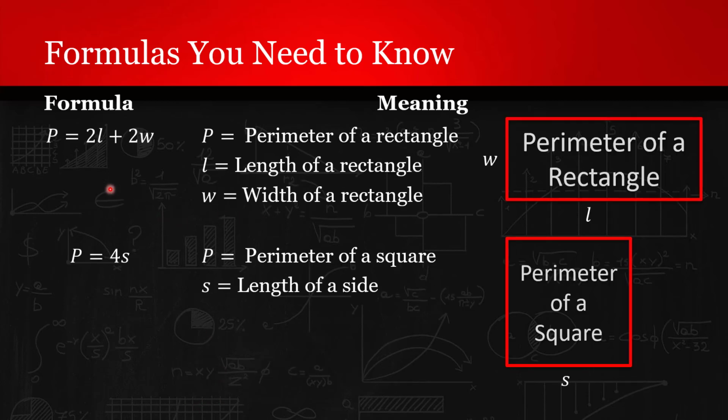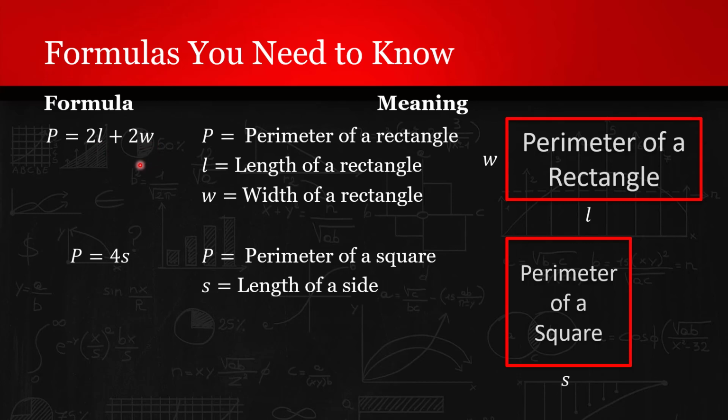Next, the formula that you might see is the perimeter of a rectangle. The perimeter, remember, is the distance around the rectangle. So notice to travel the rectangle, you have to travel one width plus one length plus a width again plus the length again. So it's going to be equal to twice the length plus twice the width. P is the perimeter, L is the length, and